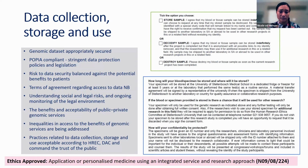If the blood sample or specimen provided is stored, is there a chance that it will be used for other research? The participants must consent to this, and how their confidentiality will be protected. So this consent form was approved by the Ethics Committee of Stellenbosch University under the application of personalized medicine using an integrated research service and research approach project, which ensured that the genomic data that comes out of it is appropriately secured, that it's POPI compliant, and that the risk to data security is balanced against the potential benefits to